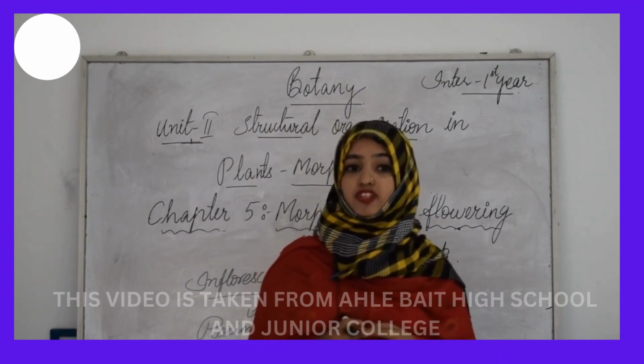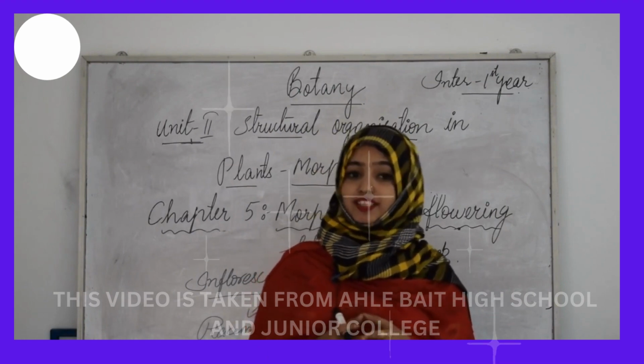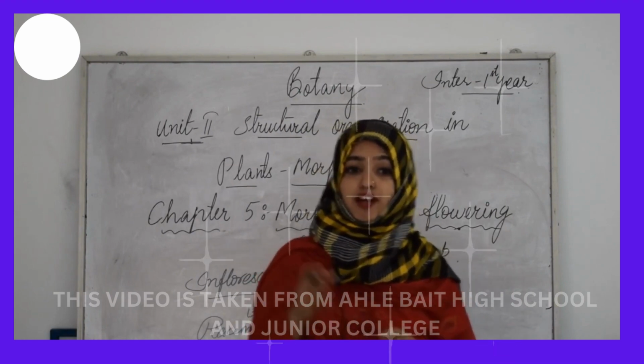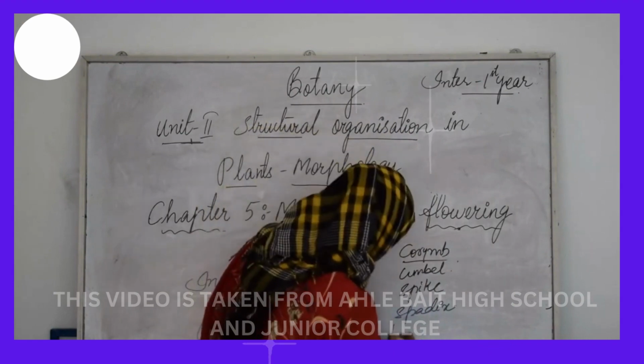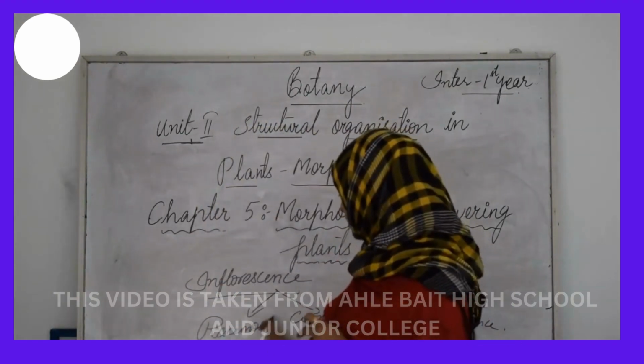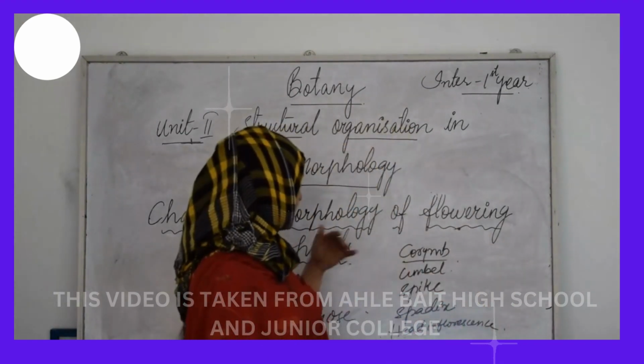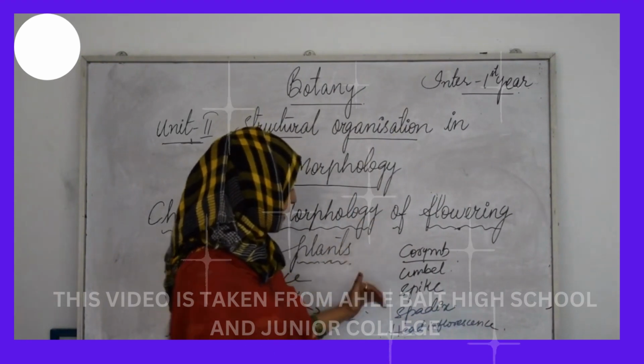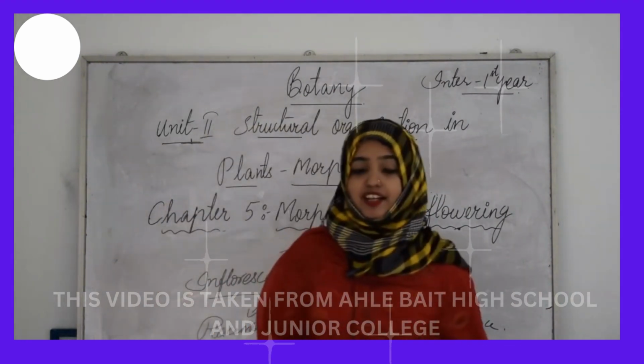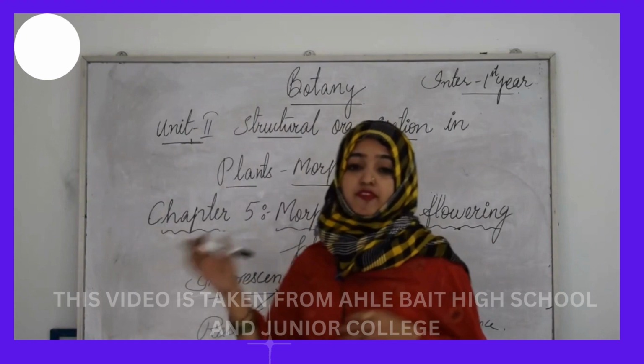And sometimes what will happen, the unisexual flowers or the bisexual sessile flowers develop centripetally on a condensed peduncle, as in members of Asteraceae like Tridax and sunflower. Such an arrangement of flowers is called as head inflorescence. So that was all about the racemose inflorescence, that can be again classified into corymb, umbel, spike, spadix and head inflorescences. And now is the time for the cymose type of inflorescence.